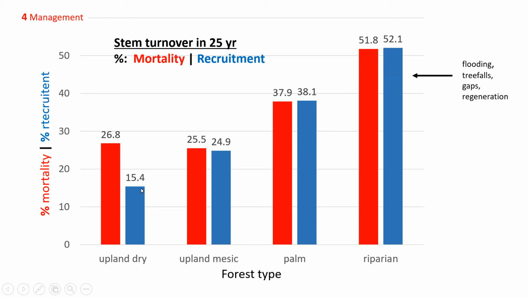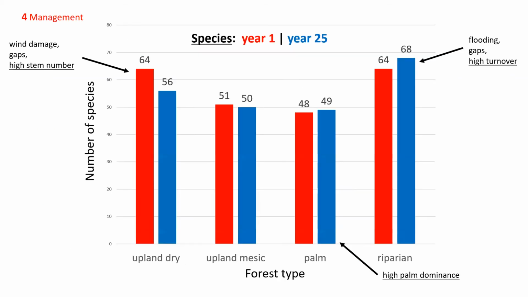The trees are getting bigger. The secondary species are dying out. So that one is falling back to a position of fewer stems, higher mortality, lower recruitment. Again, the differences here, both in mortality and recruitment within a plot and between plots, are due to natural disturbance. These old growth forests are subjected to natural disturbance, and they are pretty dynamic. And this can be a kind of baseline as we move into the future to understand what's happening in these forests in the next 25 years, which would be wonderful to get there, but I probably won't, to look at it in 25 years.